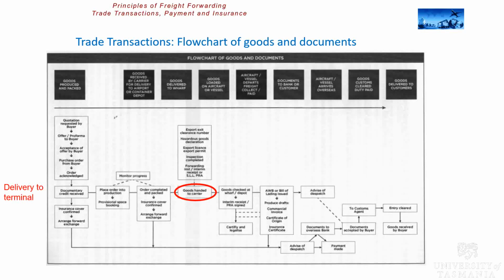We've got a number of steps. So the goods are handed to the carrier, and all the appropriate documentation will be passed on to the carrier at that particular point in time. The goods are going to be checked and admitted to the wharf or depot, and any other further documentation checks will be undertaken until it is presented to the shipper, the carrier of the goods, and they will issue either an airway bill or a bill of lading, consistent with other documentation that is